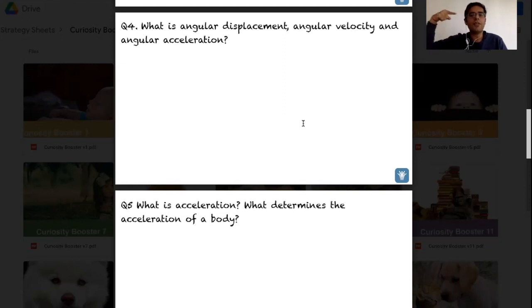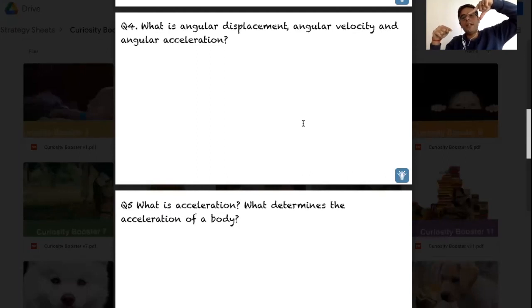In linear motion, we have displacement. We know what displacement is. It is the line joining the 2 points. If we are going from point A to point B, there could be different paths with which we could go, but the straight line joining A and B tells us the linear displacement. Then linear velocity is the rate of change of displacement with time. Then linear acceleration is the rate of change of velocity with time. But this is what we are talking about in a circular motion.